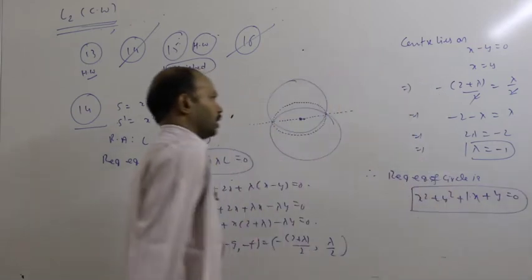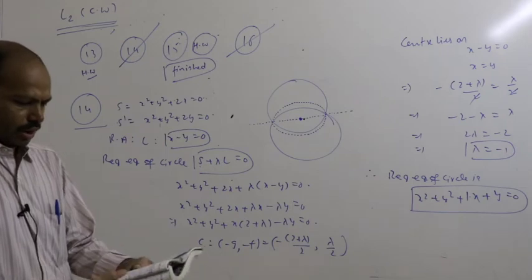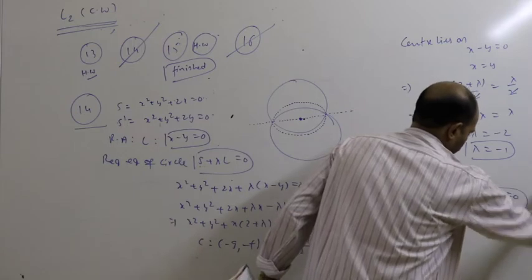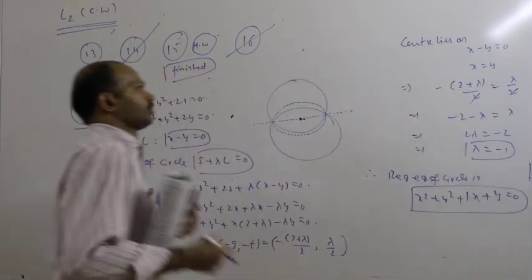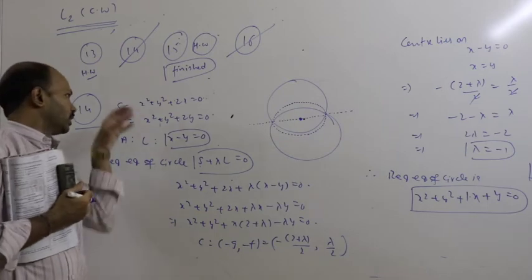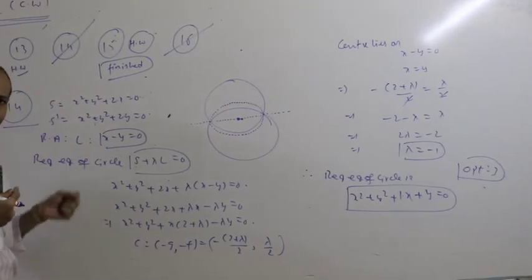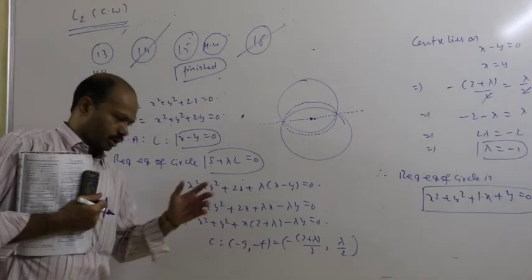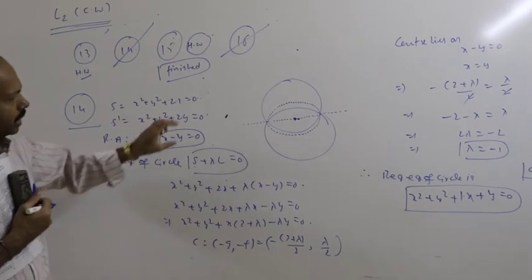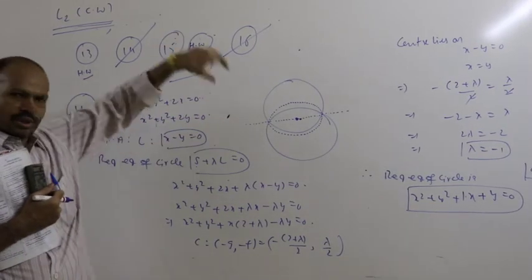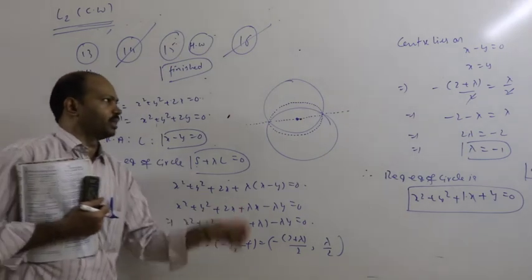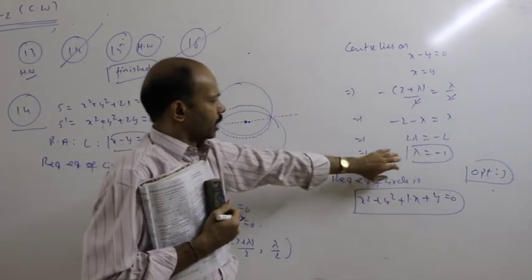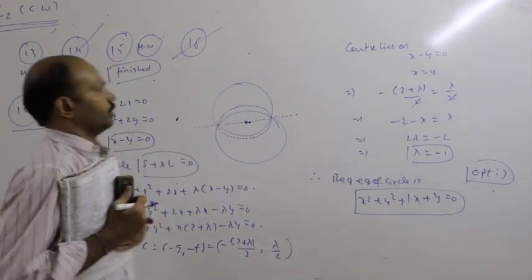You see whether you have done correctly or wrong. Same model, all of you we have done already. Say option 3 follows as your conclusion, option 3 from your material. Instead of direct S plus lambda L, given 2 circles, you have to write the lambda line equation, write S plus lambda L, and apply the simplification. What is the center of the circle? As this radical axis means common chord here, sometimes common tangent, it was acting as a diameter. So the center lies on the diameter. You get some value for lambda, then the equation of circle follows.